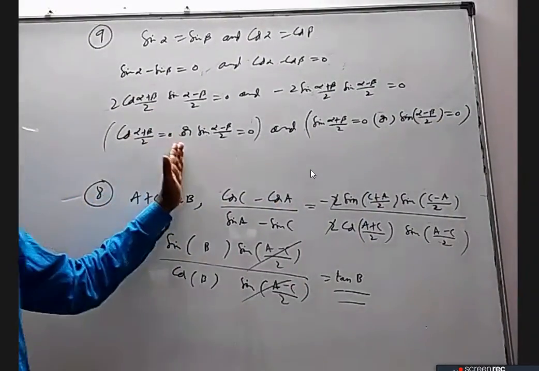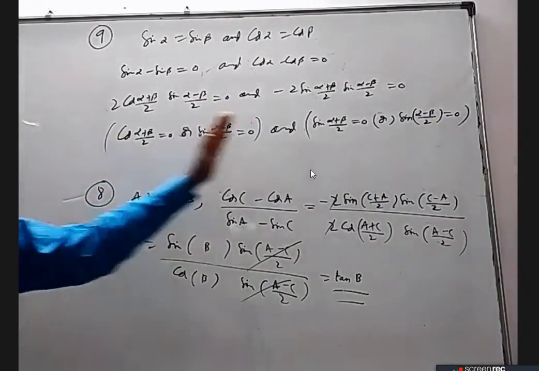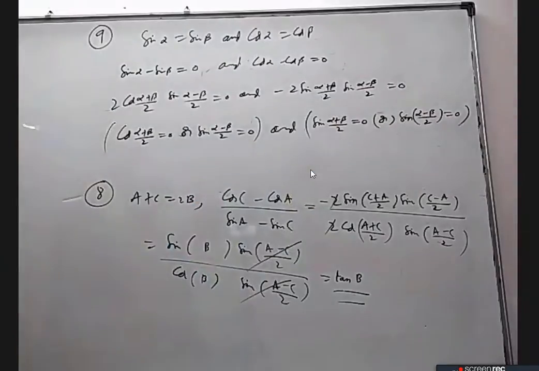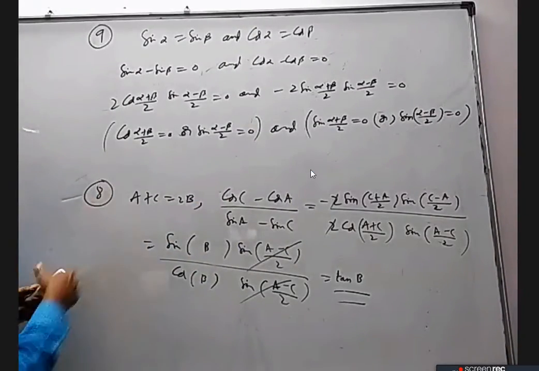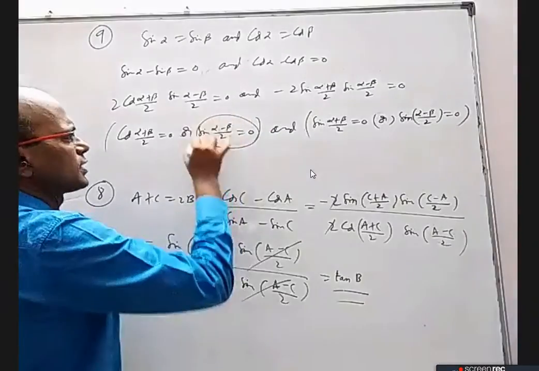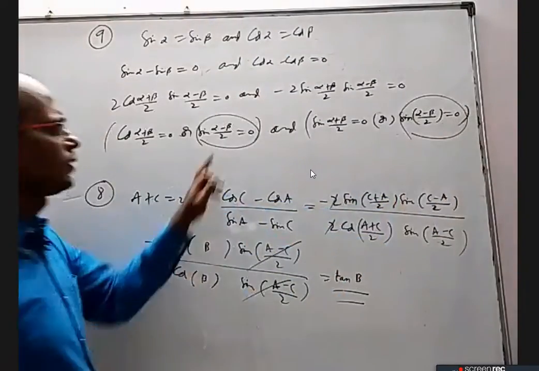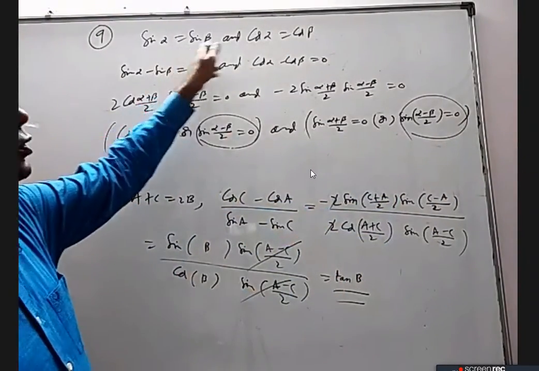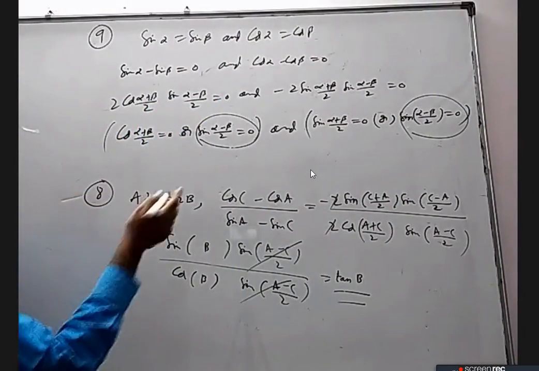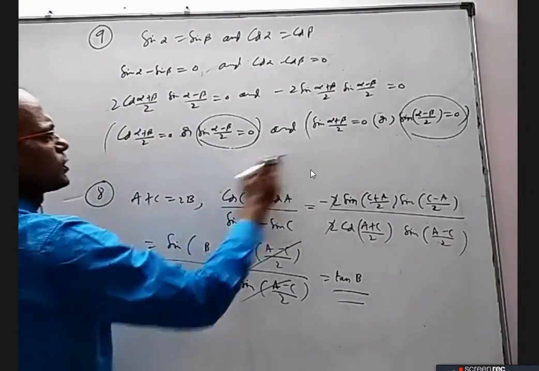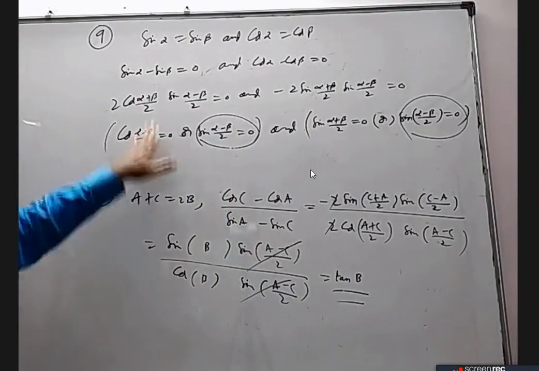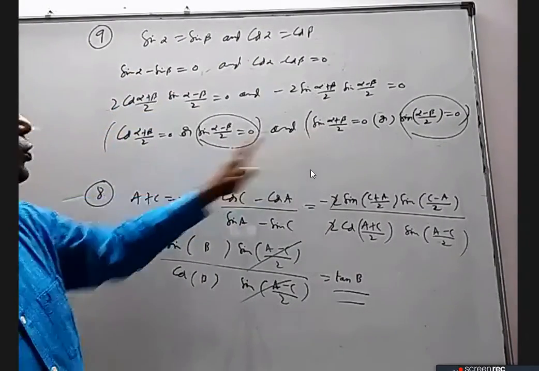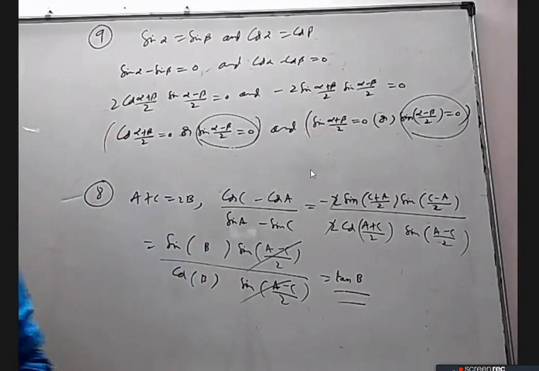Okay, so one of these two must happen and one of these two must happen. If you want sin(alpha minus beta) equal to 0, it is there here and here. If this is 0, definitely this will also come true. The other option is this and this both should be 0, because if this is 0, only this will come true, but that will not come true. So this and this both, but that cannot happen simultaneously.